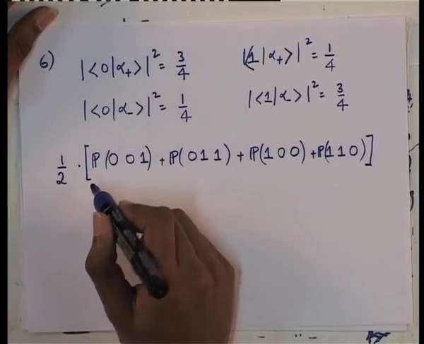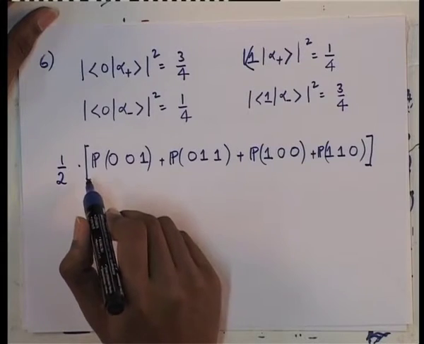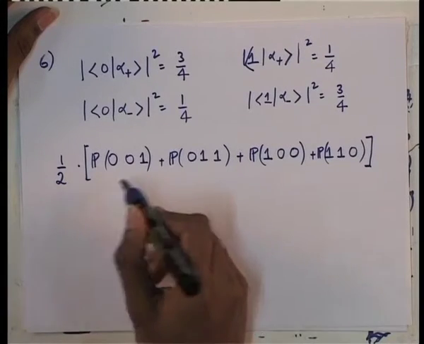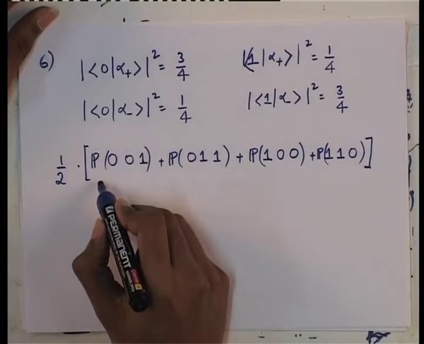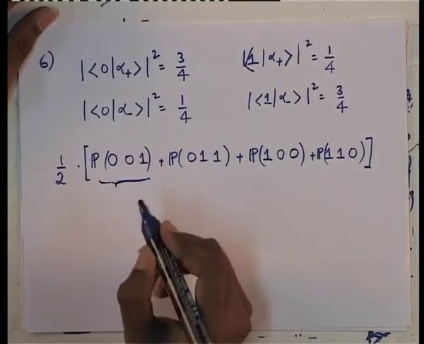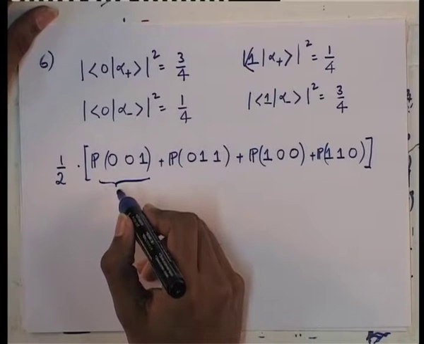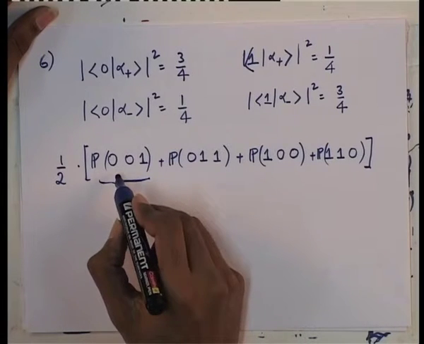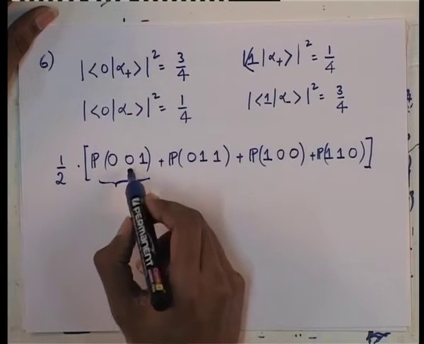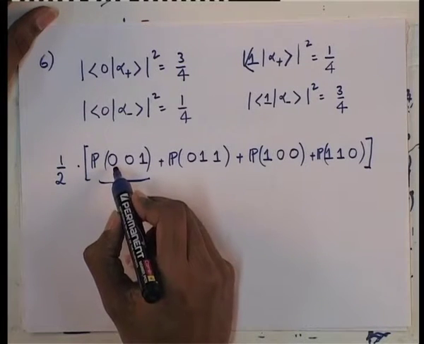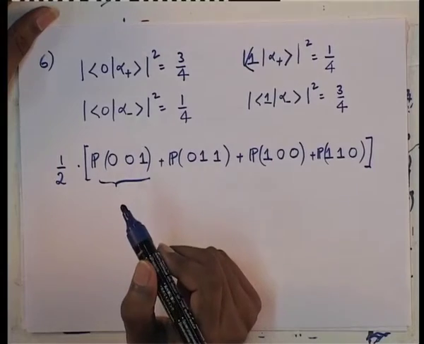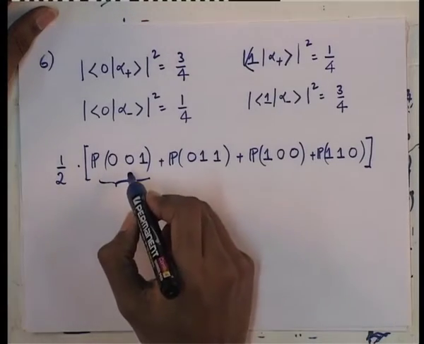So, the disagreement is equal to half times the sum of probability of these things. So, what is the probability of this? Probability of obtaining 0 by Eve when 0 is sent by Alice is